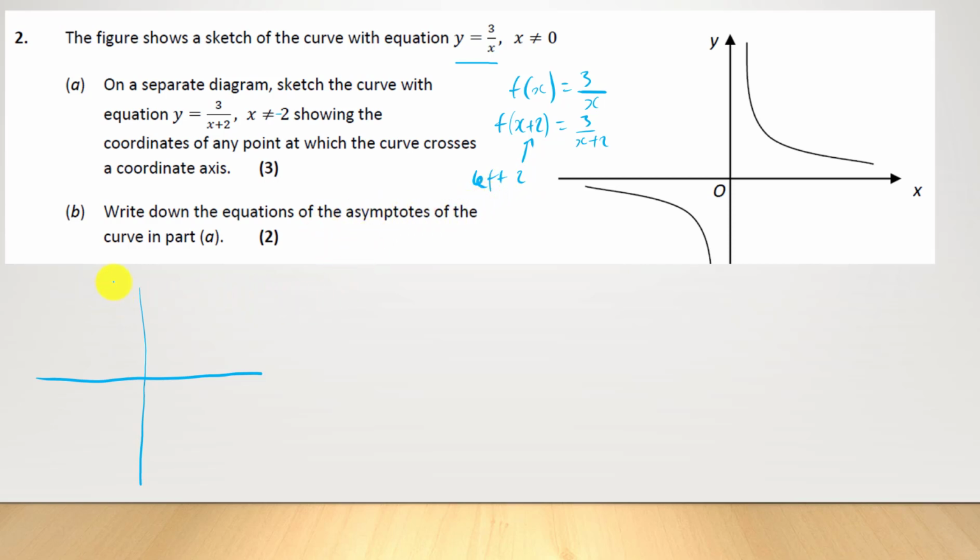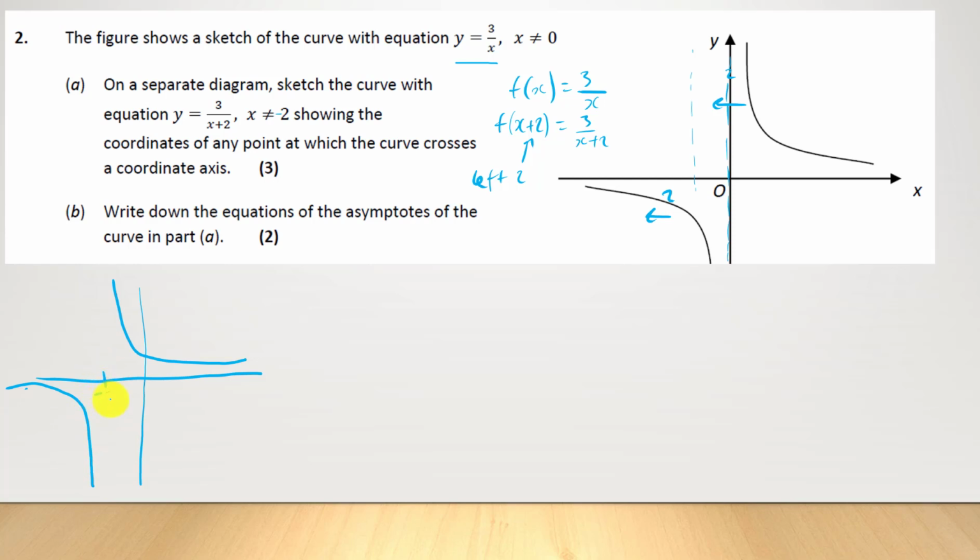So your sketch will look something like this. And remember the asymptote in the past would be here. But it's all moved left 2. So this will all move left 2. So it'd be something like that,